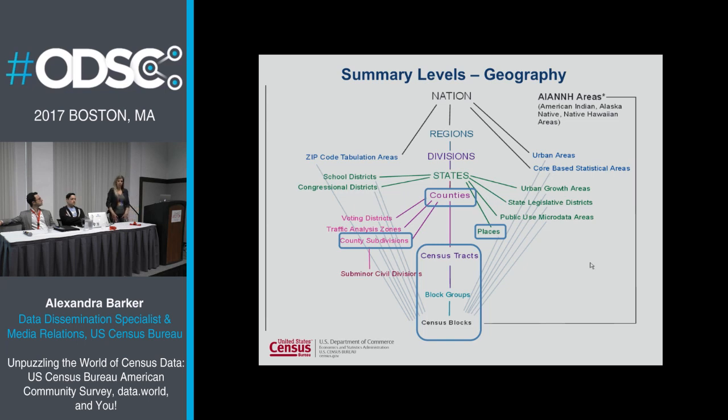What happened with the zip code tabulation areas, we don't own the geography. It's a post office geography. We have to do our best to mimic that geography. And if they remove an address street, it doesn't mean we're going to republish the entire data. So we do our best. So in some areas, you see they're not an exact match.